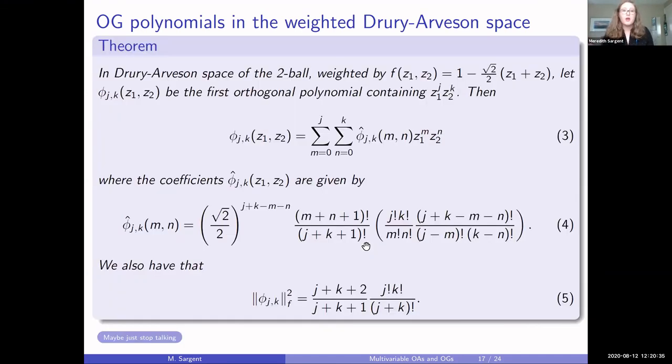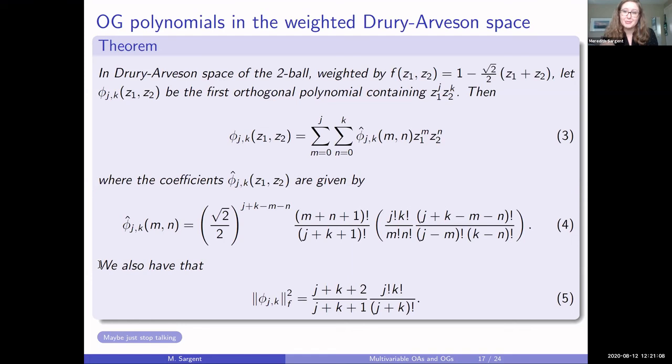So now we actually were able to find a closed form for the orthogonal polynomials in this weighted space. And the key is the fact that it does stay in that nice little box. So we've got this nice formula with our coefficients, our phi hats, and it has a ton of factorials in it. So this works really nicely in the Drury-Arveson space. Unfortunately, though,